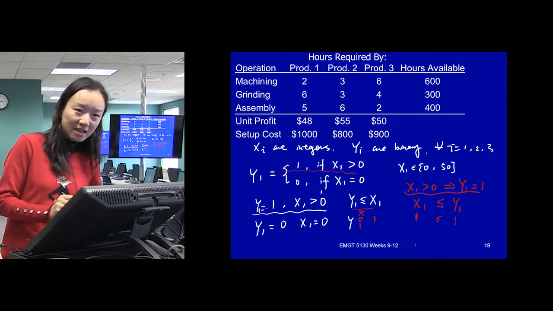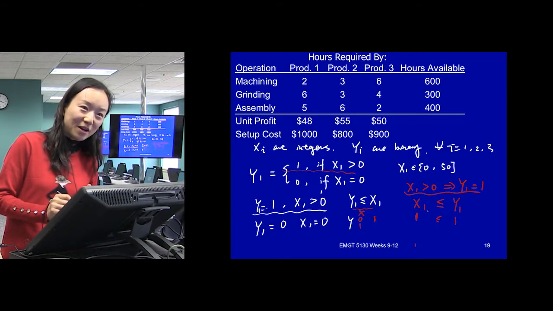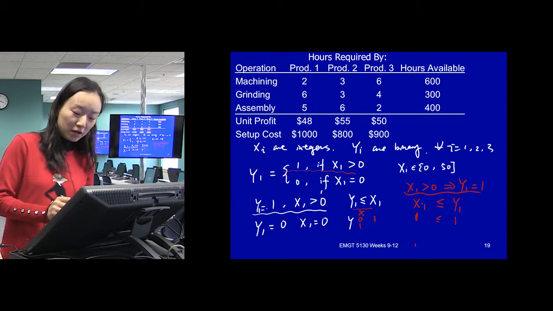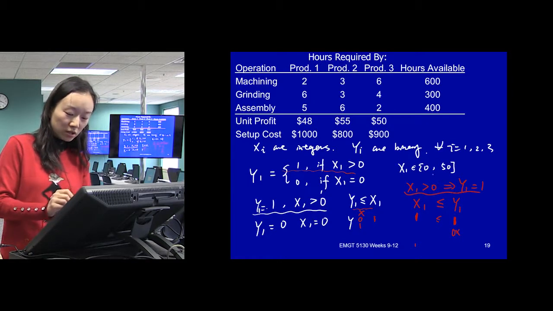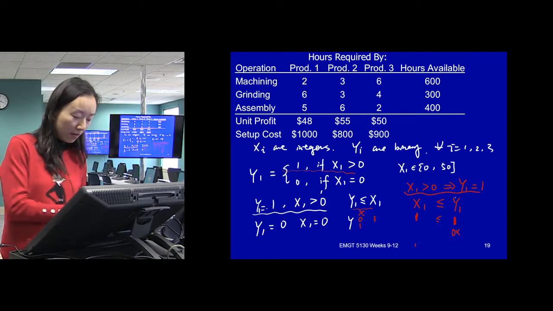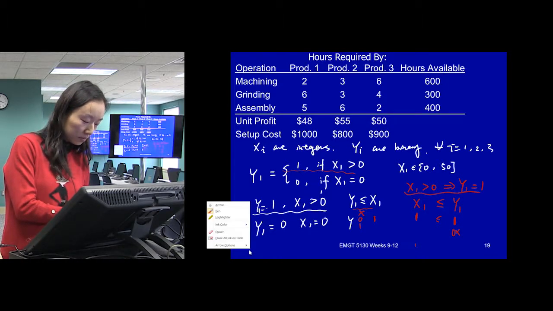Did this part make sense now? Just think: if x1 is binary, this is 1. Using a less than or equal to, 1 should be less than or equal to a value that can only be 1, right? Y cannot be 0, so that achieved what we want here. However, there is a problem.